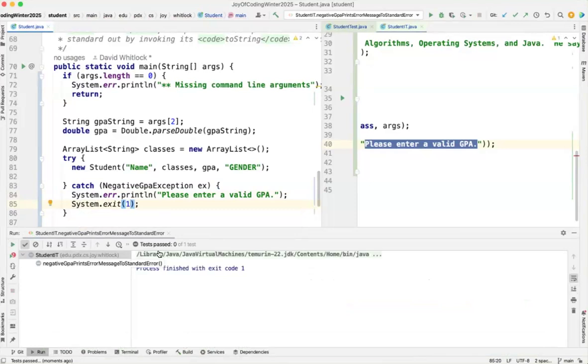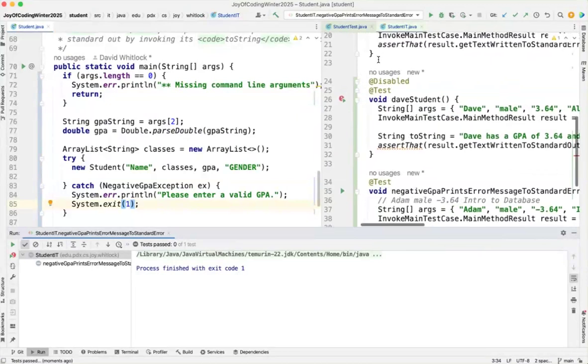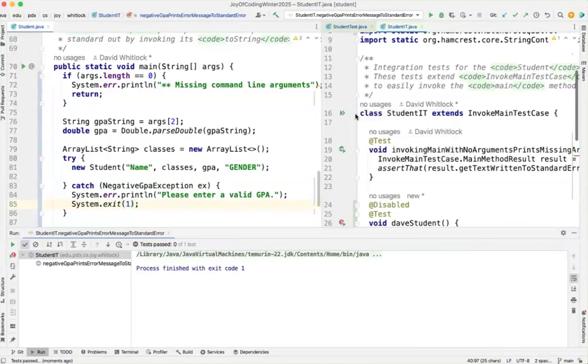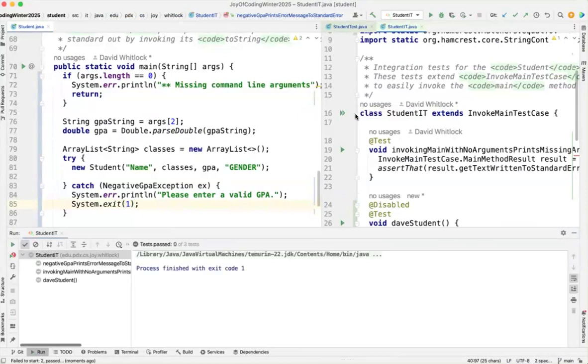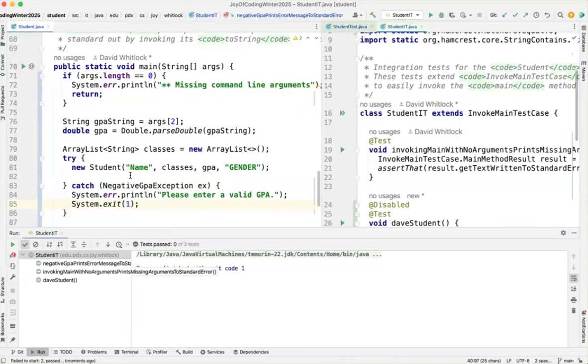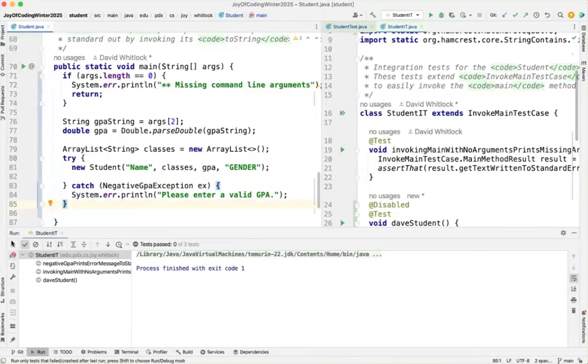Oh, interesting. Okay, so it didn't pass. It said no test passed, and it said process finished with exit code 1. This is not what you want to do. I thought it would actually be a little nastier than that. Let me run all of the tests to see if we get a different behavior if we run multiple tests. I was thinking that the test failed in a more interesting way. Yeah, like they all are not run or something bad happens there. So basically, bottom line is that you don't want to invoke system.exit in your code. Instead,